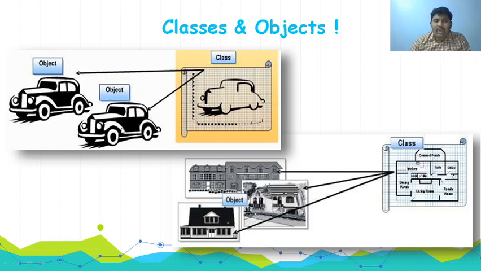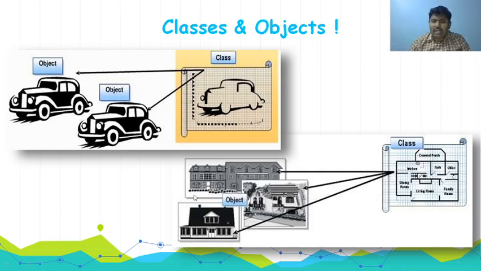So the object will have, based upon the class, some information. How the window of the car will be, how the tire should be, what the size of the car is, everything will depend upon the class specification. So the class will give you the specification and details about that particular object. Simply, the object's implementation can be done through the classes.